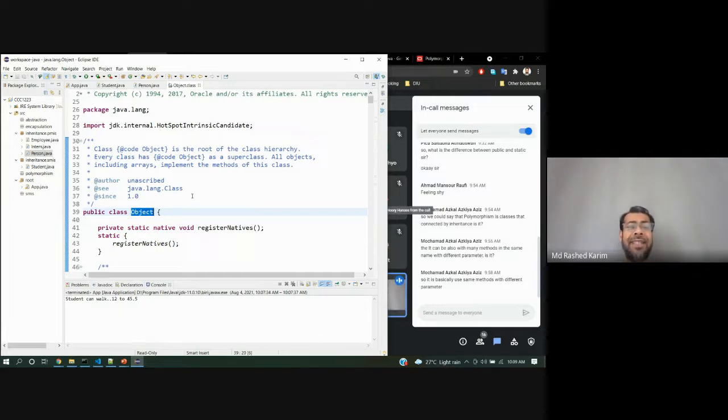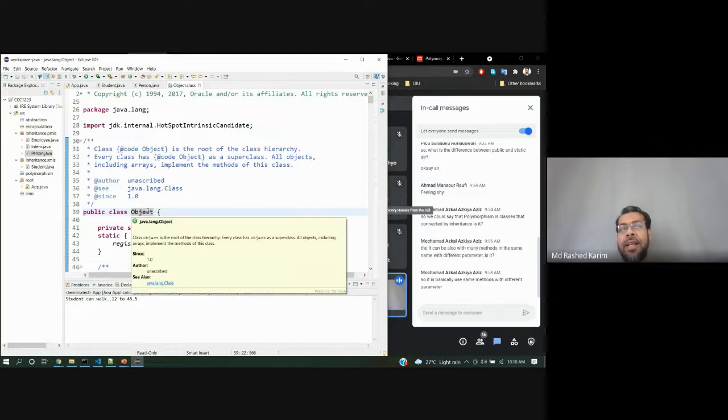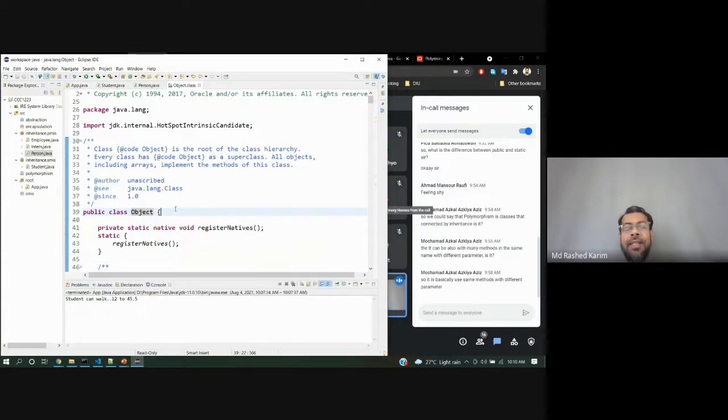Everything will be an object in Java. So that's why Object is the super parent, like Adam, alayhi salam. Every object we are declaring comes from this super parent class.